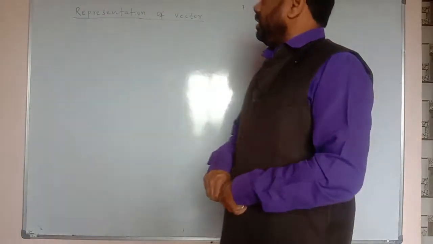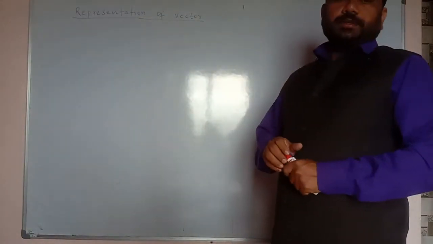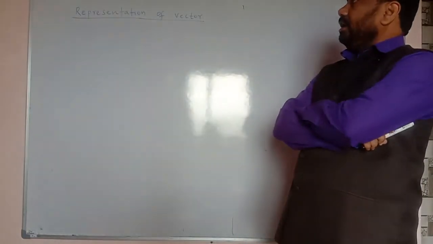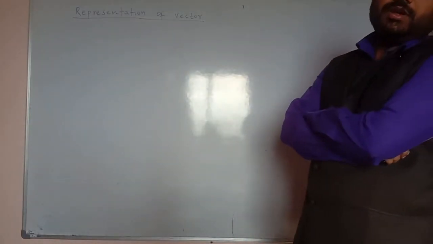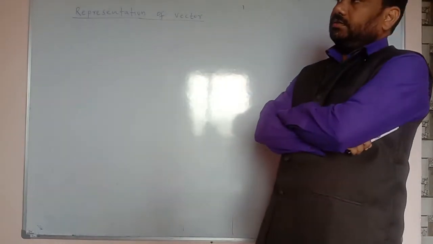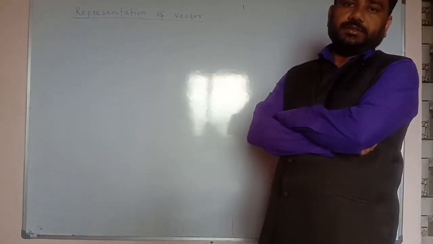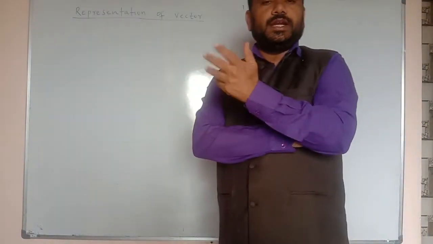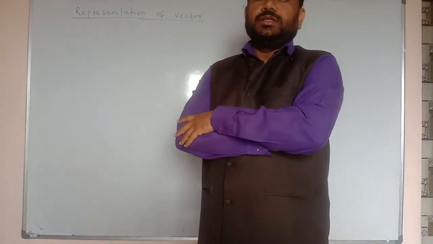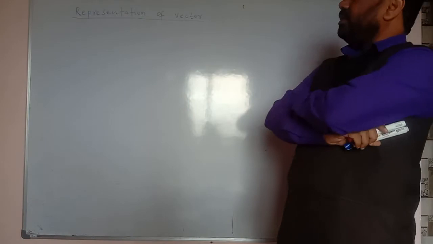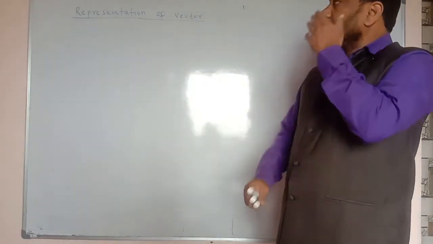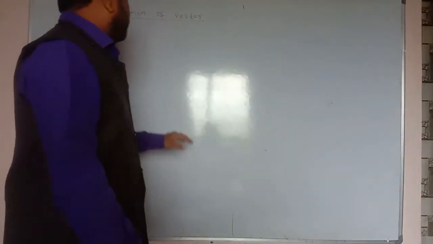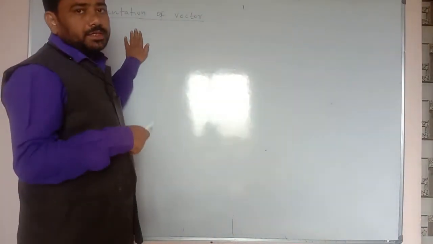See, we are discussing the second chapter, that is physics and mathematics. In that chapter, we have already discussed vector and scalar quantities. Means what is the meaning of scalar quantity, and how we can identify a vector quantity. So all these things we have already discussed. Okay. So today our topic is the representation of vectors. Means how we can represent the vectors.